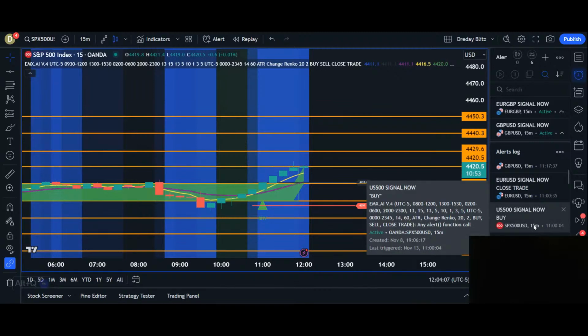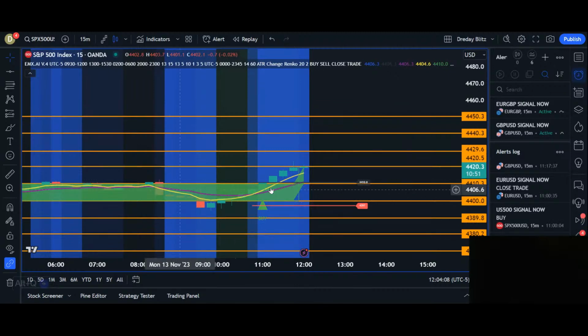Yeah, we had another buy at 11. Let's see. So at 11 we had a buy, and then